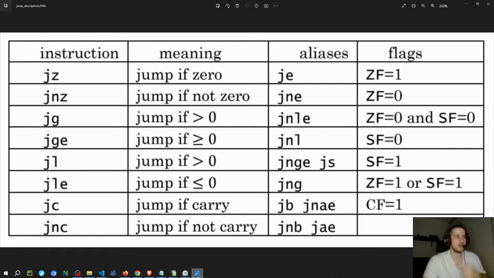So I think it's probably similar to this one, but the other way around. So if either ZF equals 1 or SF equals 0, probably.